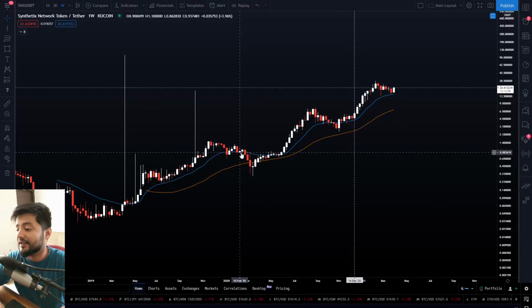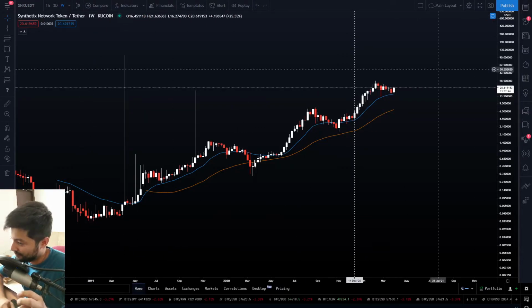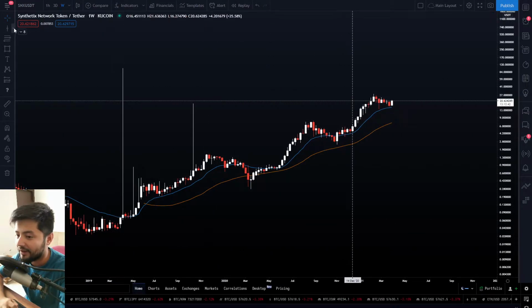Now this is yet another solution which is happening on top of Ethereum. That is why Ether is here to stay. No matter what competitor comes in the market, they will probably come and go, but Ethereum is here to stay, and anything developing around Ethereum is also probably here to stay, right? This one has a huge history, a 3-year-long history right here, and it's still trending towards the upside, guys.